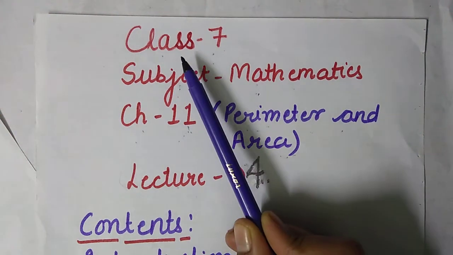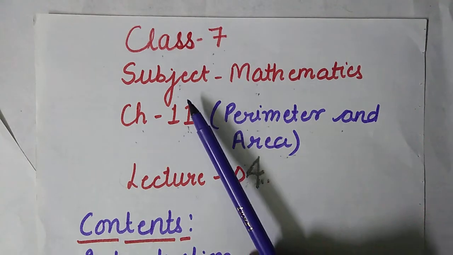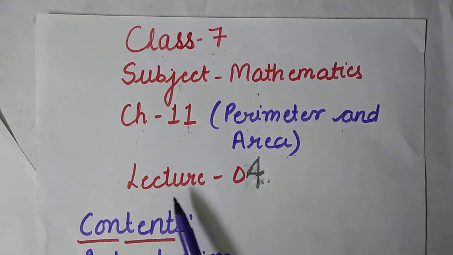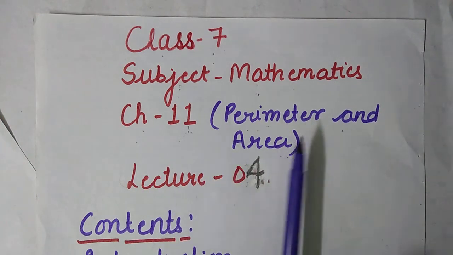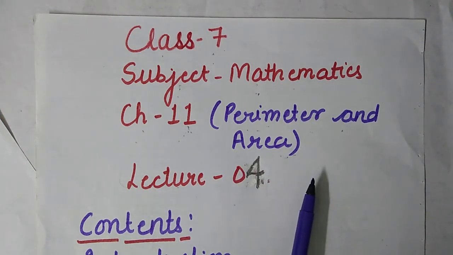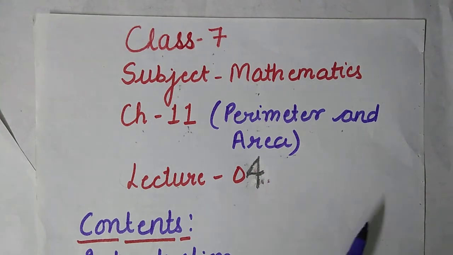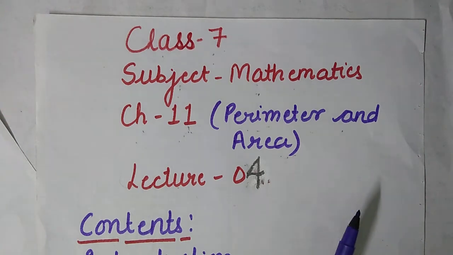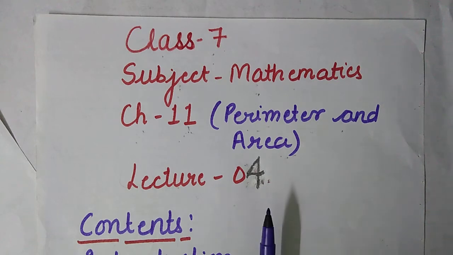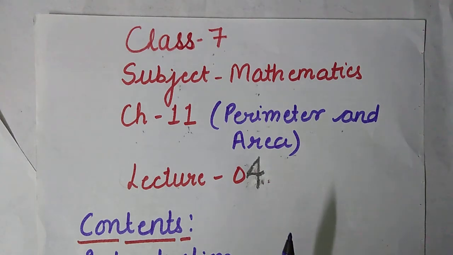This video is for the students of class 7, subject mathematics, and this is lecture number 4 of chapter number 11, perimeter and area. Students, in the previous lecture, we learned how to find the circumference of the circle and the area of the circle. So in this lecture, that is lecture number 4, we will discuss some questions related to that concept, and we will do questions of exercise